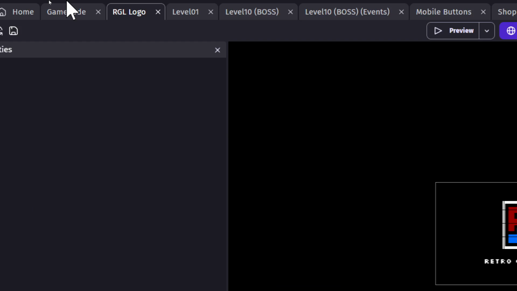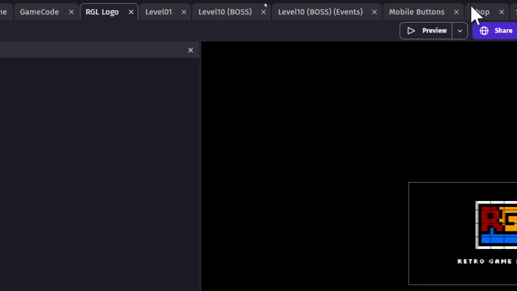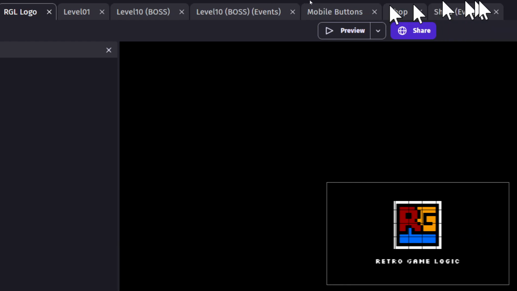Because I finished the systems that I wanted to implement. I implemented two more items on the shop. One to increase our damage, one to increase how much mana we get from picking up the mana swords. Right, so